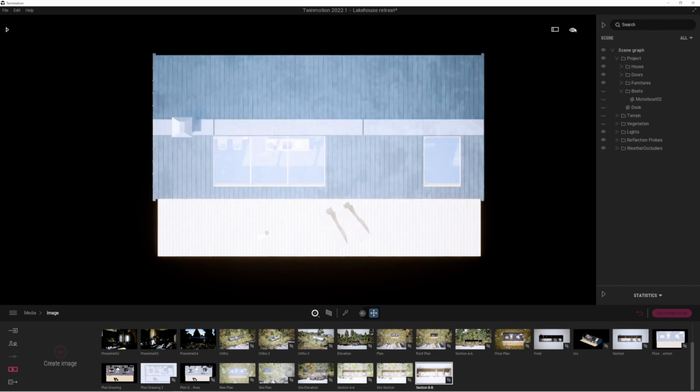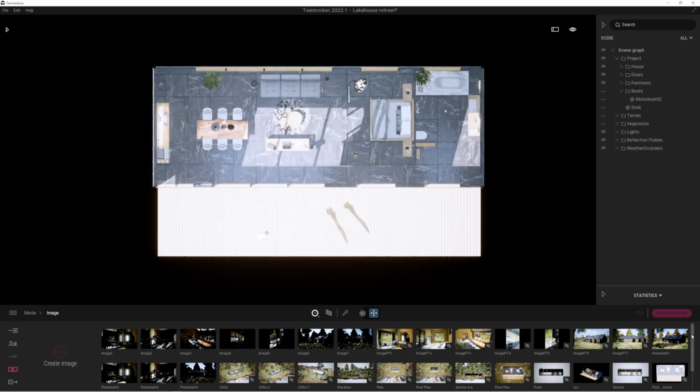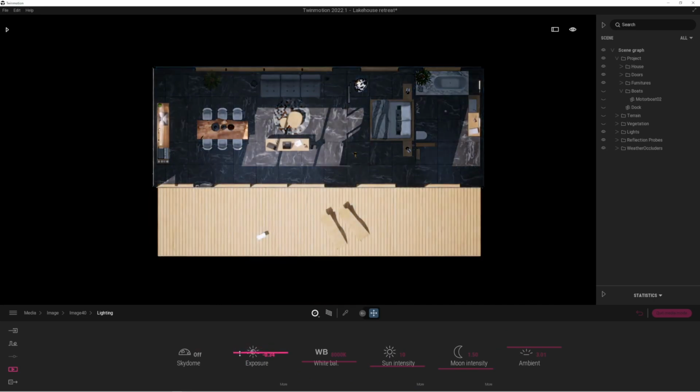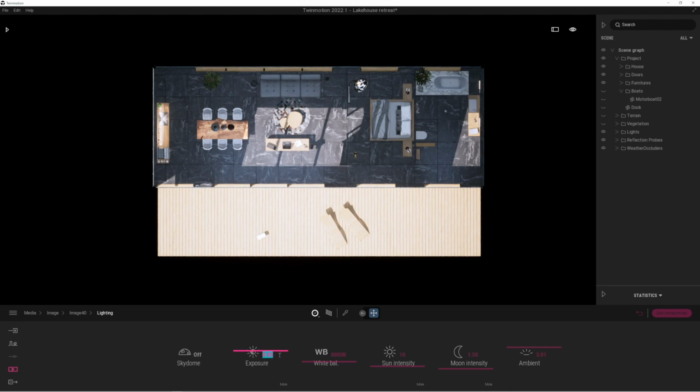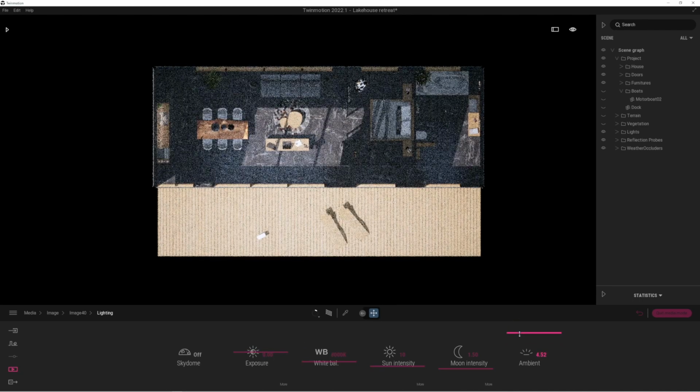What I really need to do again is just adjust my clipping plane, and I think from memory it was -3 meters. Just takes me into the floor plan. Lovely, looks really good, bit bright. So let's create image and just quickly adjust things like the exposure level. Let's get that down a bit. So depending on the mood of the image, you can play around with the exposure. And of course the ambient lighting is just going to bring up the brightness of the darker areas in there as well. Don't forget you can do things like the white balance as well, which is really beautiful in